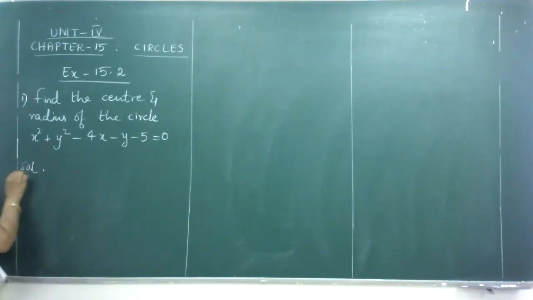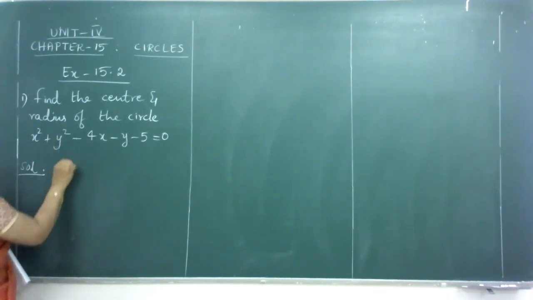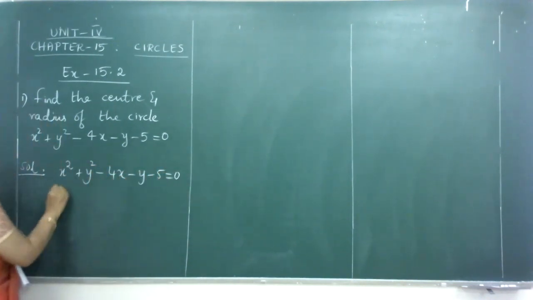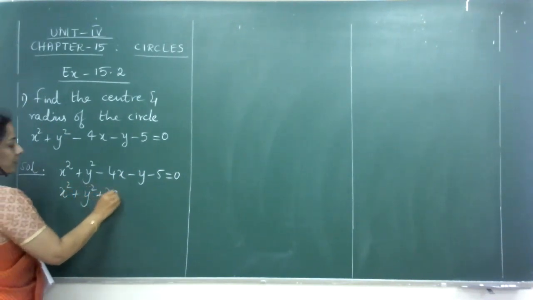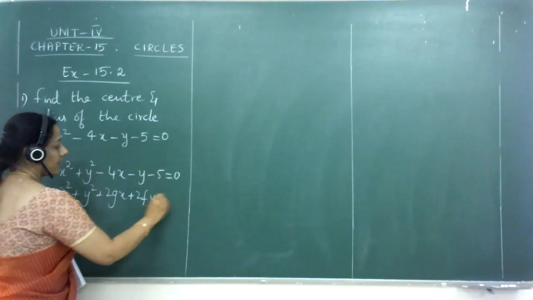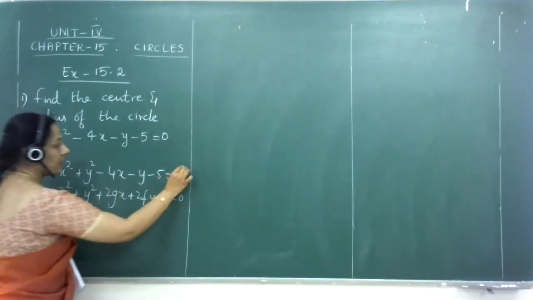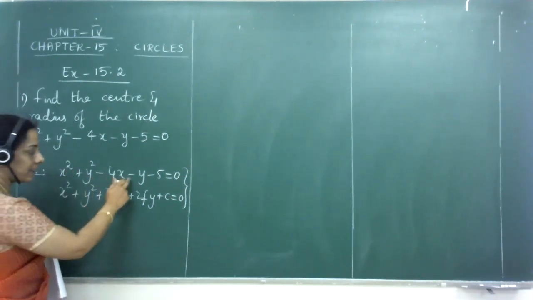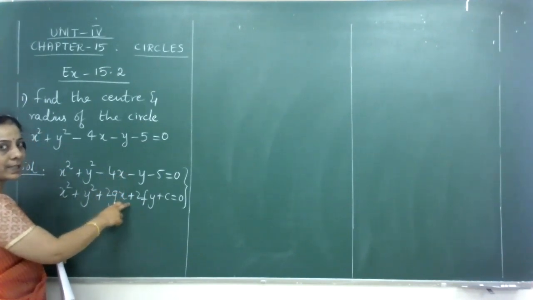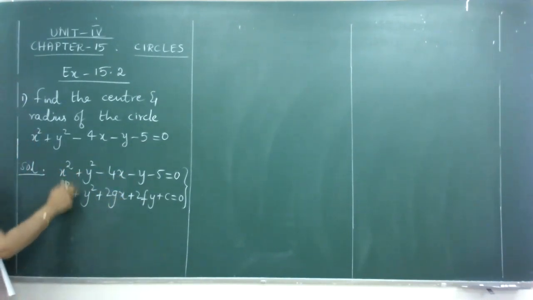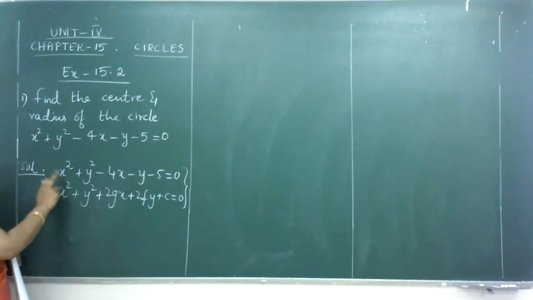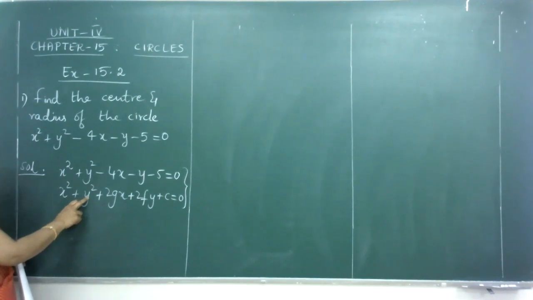So, solution to this: the given equation of the circle must be compared with the general equation of the circle, which is x squared plus y squared plus 2gx plus 2fy plus c is equal to 0. Whenever you need to compare any two equations, as I always say, it is better you write one below the other. That is the equation to be compared and the general or the standard equation of the same. When you go for comparison, remember that the coefficient of x squared and y squared must always be 1. Both should be 1.